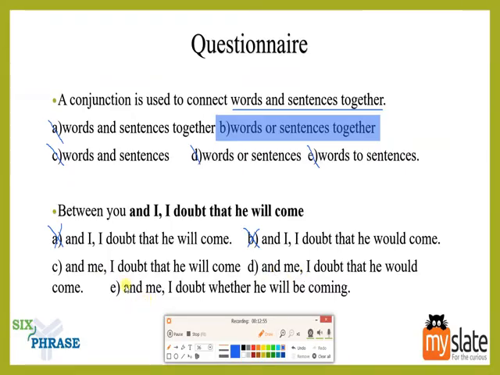So we have three options. So what are they saying here in the sentence? Between you and me, right? It is staying between you and me. I doubt that he will come. So does that have any kind of error in it? It is saying that whatever I'm going to tell you, it is going to stay between you and me. We are not going to say it to anybody else. Okay. So I am doubting whether that person will actually come, right? So that is what they are talking about here.